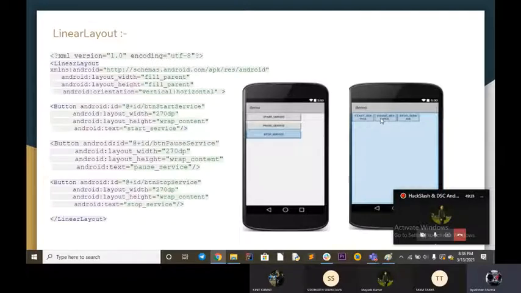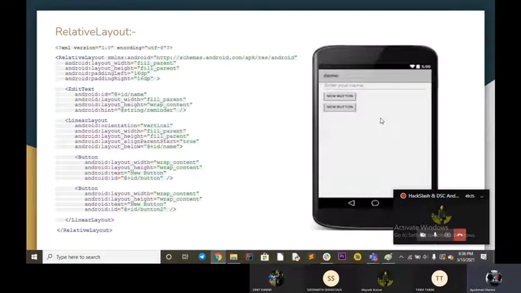Second type of layout is relative layout. Now, if you want to create a layout where you don't want a linear arrangement, but you want to arrange your UI elements by your choice on this screen, wherever you want, there relative layout comes in handy.